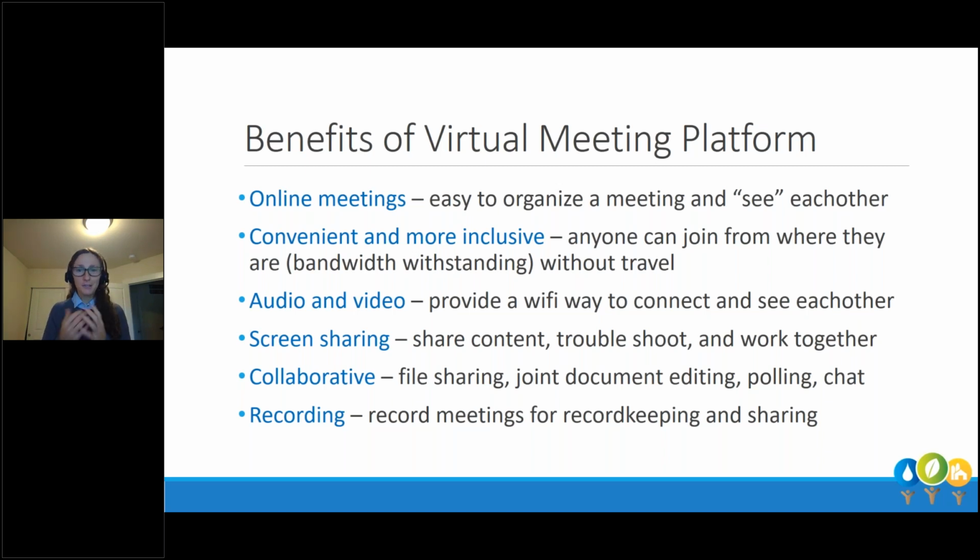Collaboratively, man, it's so great to be able to all work on the same document all at the same time right now and have a seamless interface going there, rather than I make edits, pop it along, that person makes edits, it comes back. Or if you've got 4 people editing a document, you get 4 drafts, you're trying to merge all that together, it's really hard. So there's a lot more and easier to use file sharing and file collaborative apps, or features that are associated with a lot of these programs.